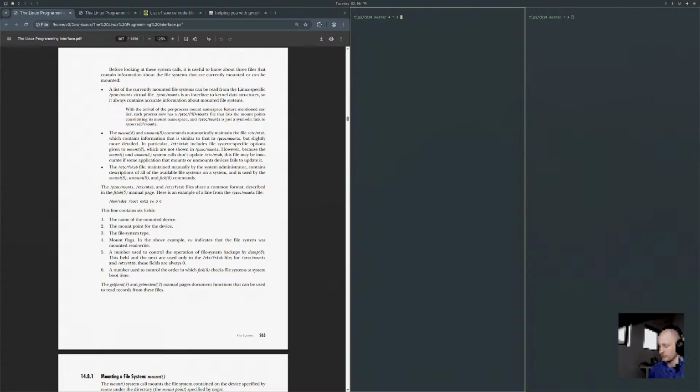A number used to control the order in which fsck checks the file systems at system boot time. The getfsent and getmntent manual pages document functions that can be used to read records from these files.